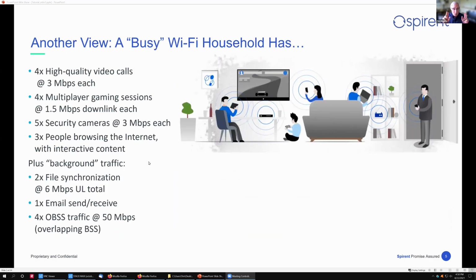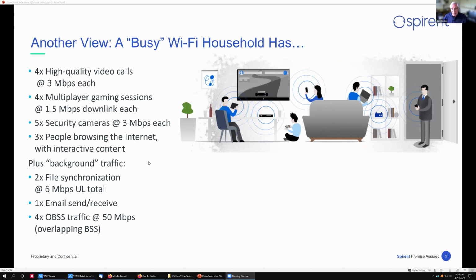Another view of this, talking about a busy Wi-Fi household, comes from a recent white paper from a well-known manufacturer of networking devices, both Wi-Fi and cellular. They talk about a busy Wi-Fi household having 4 high-quality video calls, 4 multiplayer gaming sessions, 5 security cameras, 3 people browsing the internet, and background traffic of a couple people doing large file uploads, only 1 person doing email, apparently not work-related, and then 4 neighboring networks that are trying to use your bandwidth, up to 250 megabits a second.